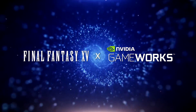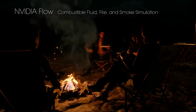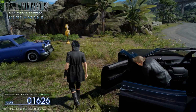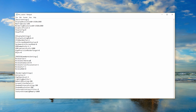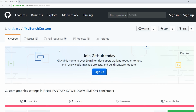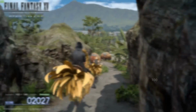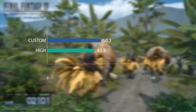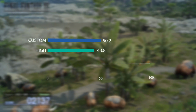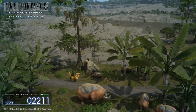We have GameWorks, or should I say GimpWorks, to thank for this, as high settings have HairWorks, Flow, and terrain tessellation enabled that hurt gaming performance. By creating a custom setting using the hack created by DrDaxxy, I tested running the high quality setting without HairWorks and went from 43 FPS to 50 frames per second on average. That is an almost 15% difference, or an increase of 6 frames per second, which may not seem like much,